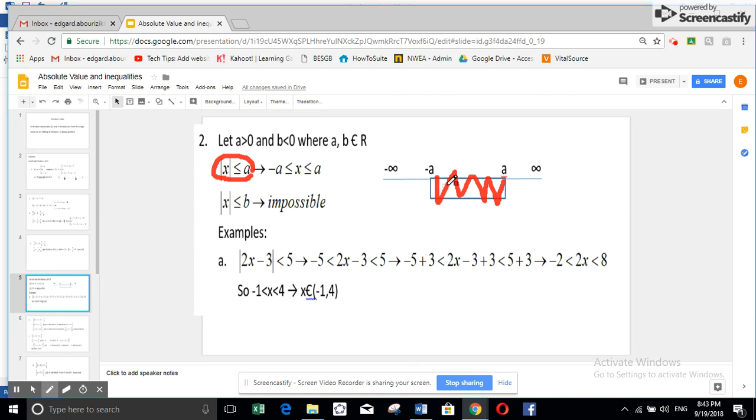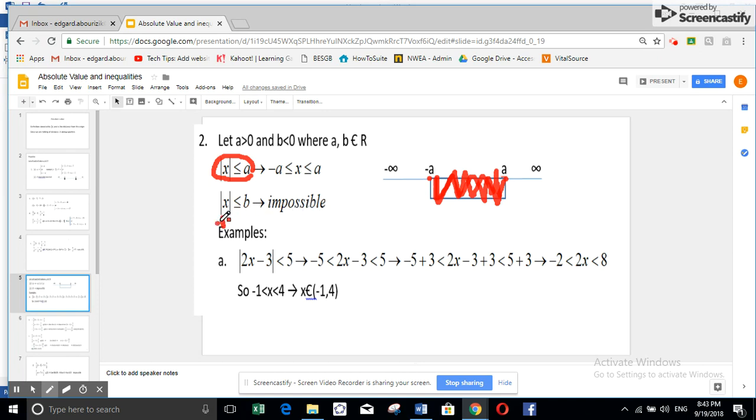When we had equal before, it was minus a or a. But when you have less or equal, it will be everything between minus a and a. Depending on whether a or minus a is included, depending on whether you have equal or less only. However, if you have absolute value of x less or equal to b and b is negative, it's impossible since